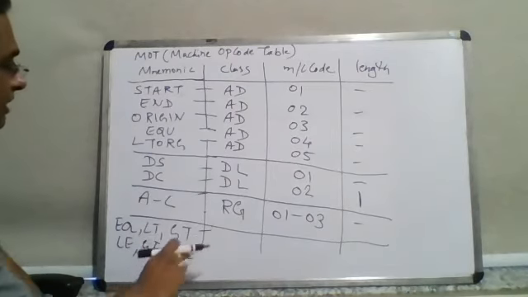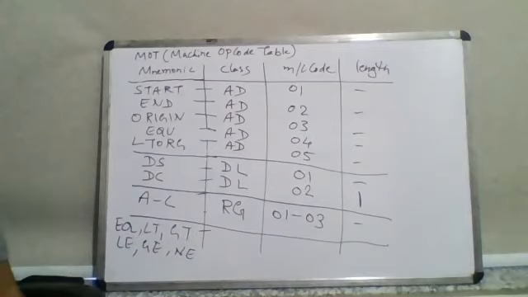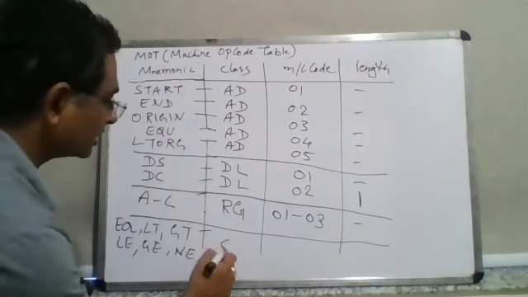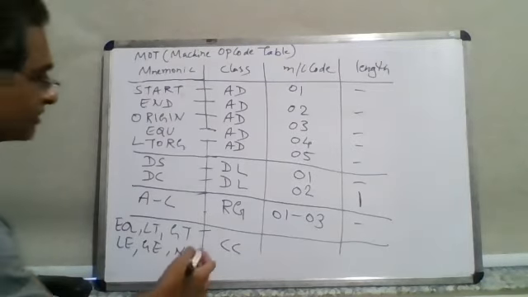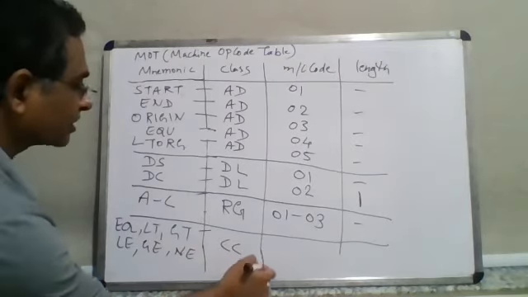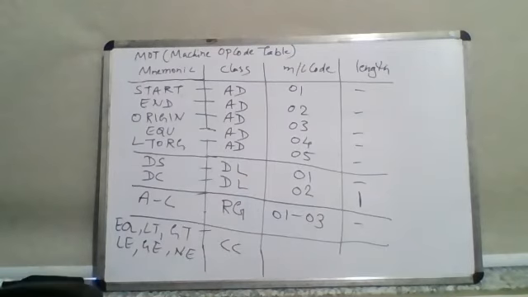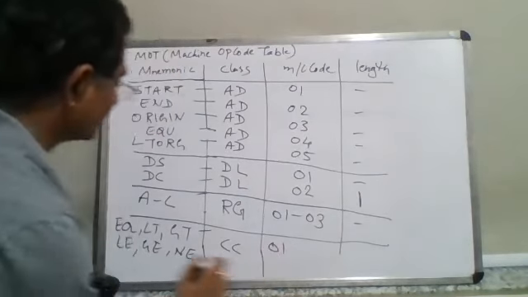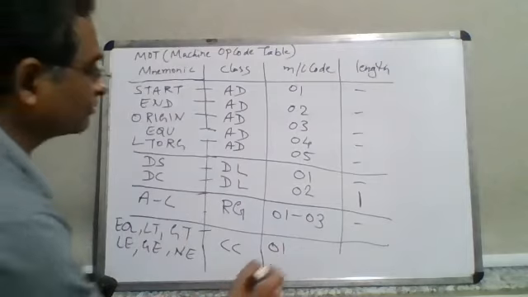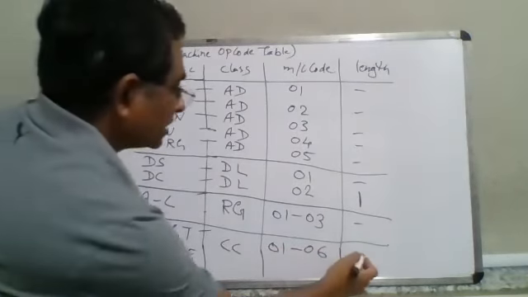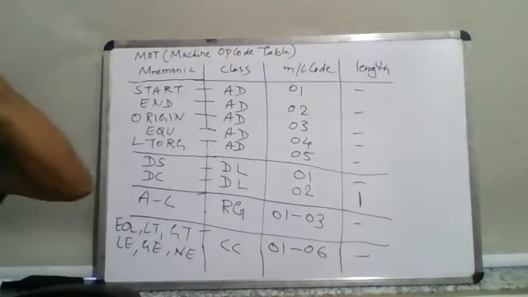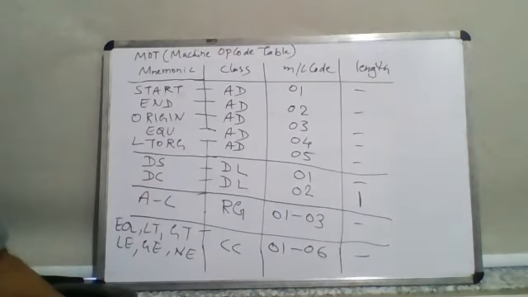So we can use all this type of mnemonics in your program, and based upon that you can have the class which is CC, which is nothing but comparison based condition, right? So CC class is nothing but comparison based condition. So this is different compared to BC, which we have seen in the mnemonic. So again, there will be some numbers. There are 6 entries as part of the mnemonic. So 0, 1 to 0, 6 will be there as part of the numbers, and this will be dash. So this is all about the MO table. This is machine opcode table.